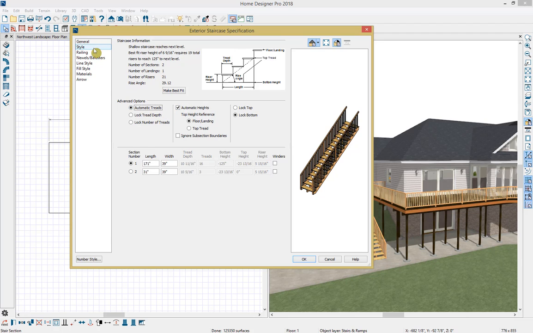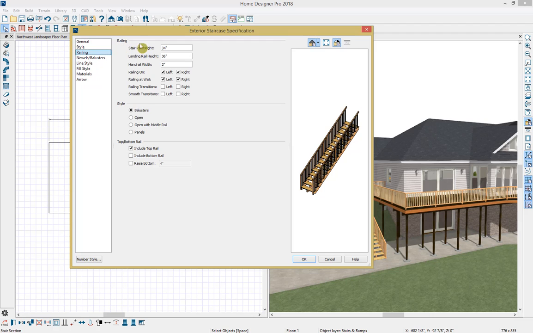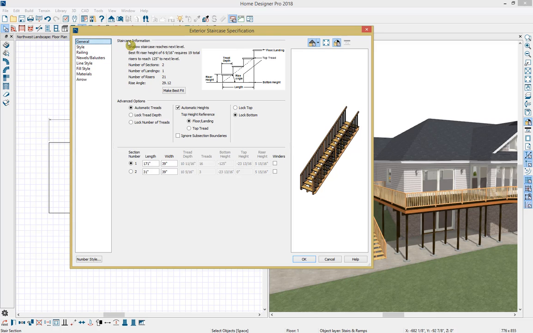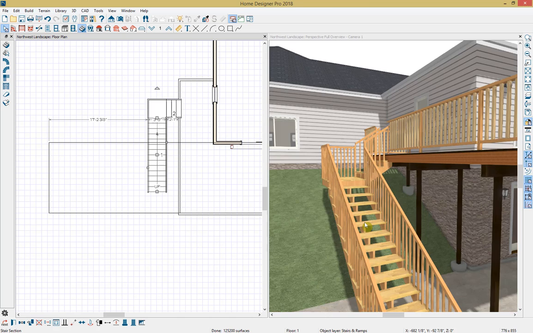And then under the style, you can adjust the winders and the landing and so on. You can make alterations to the railing and the newels and balusters. I'm going to go ahead under the general panel and mark this make best fit option. And when I do so, Home Designer is going to automatically select the riser height, the tread depth, and so on to make this staircase the best fit. I'll select OK. And I can zoom in here,